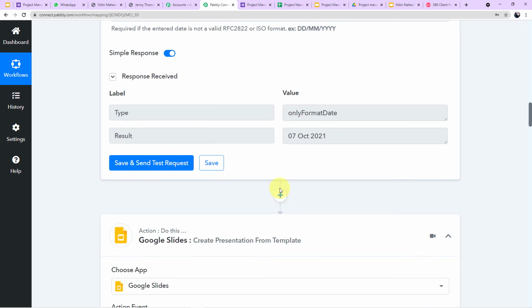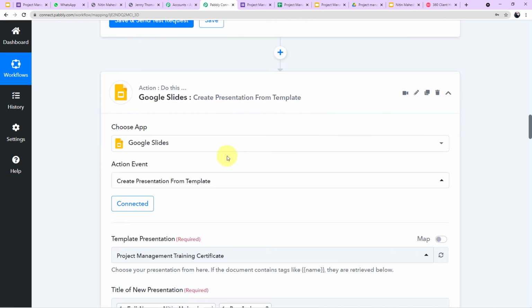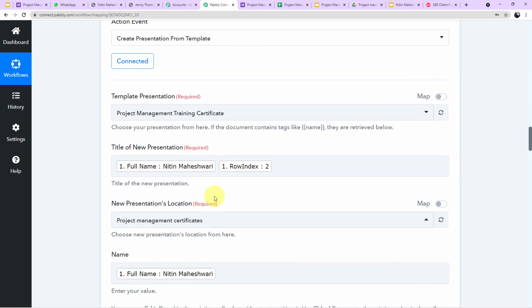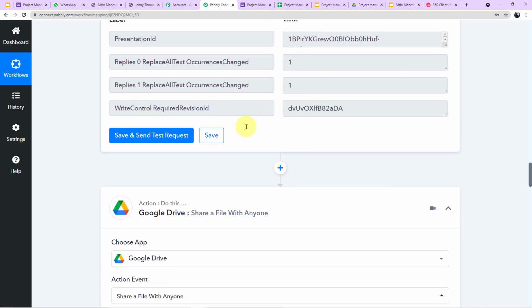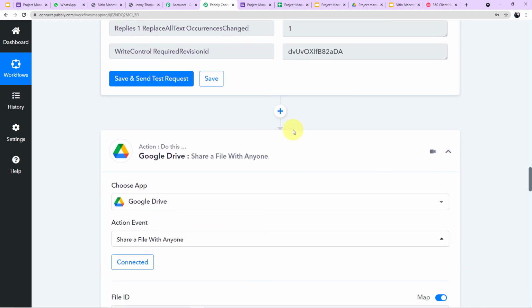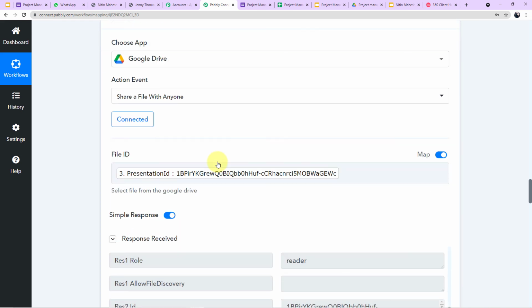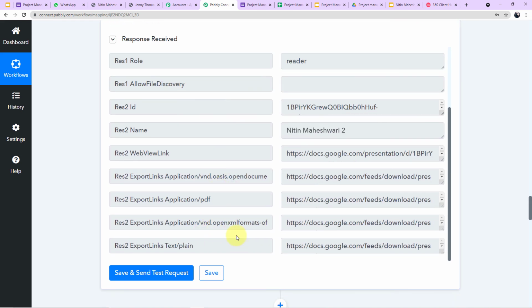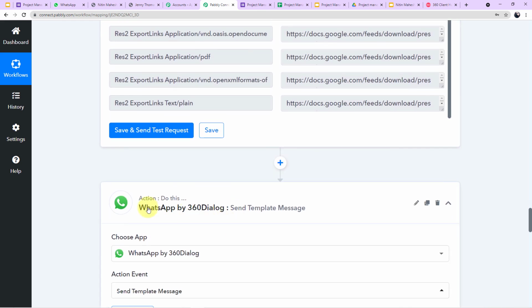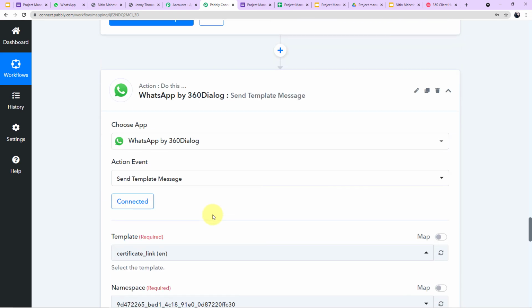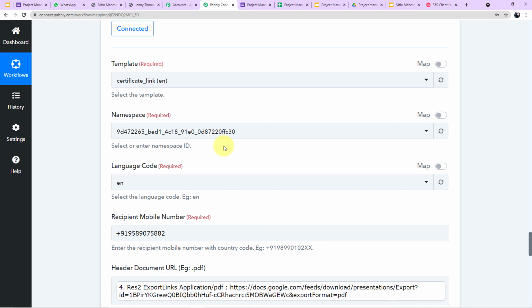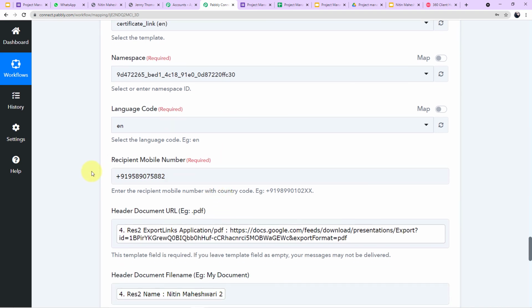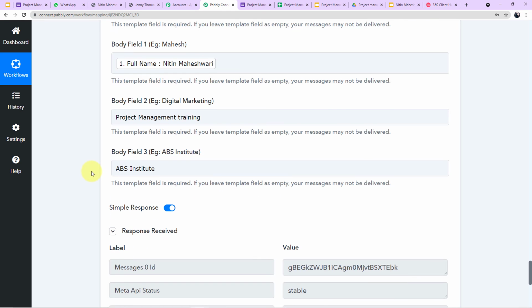After this, we created a certificate with the help of Google Slides and mapping all those details, we got a certificate here. Then we created a shareable certificate with the help of Google Drive and generated these shareable links of the certificate. Then we connected our 360 Dialog account to send messages on WhatsApp, selected our template and mapped all the details required to get a message delivered like this.